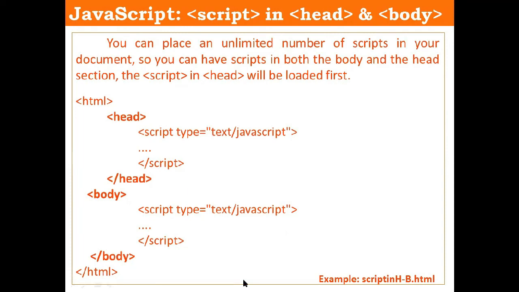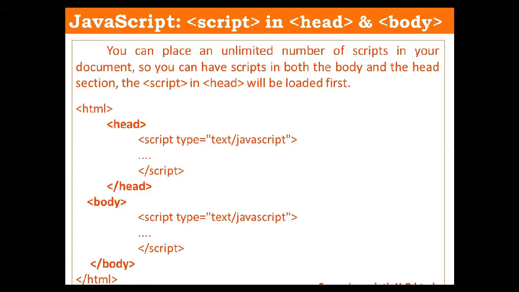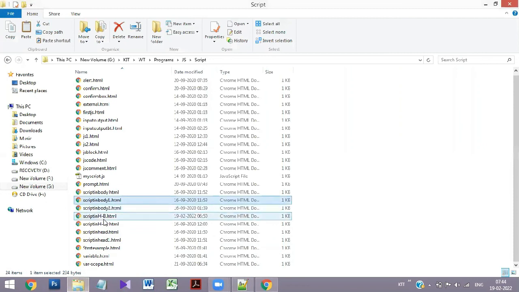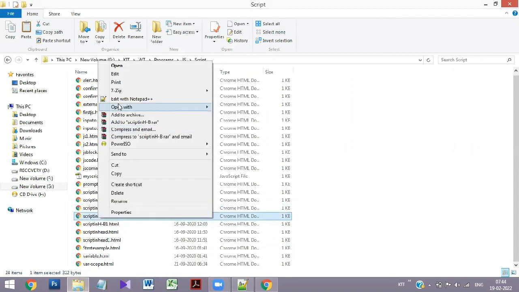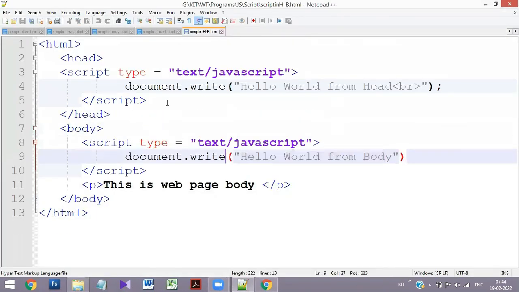How are we going to make it? We'll see. I will show that code, and after that we will run it. First, in the head tag we have document.write hello world from head. Then in the body tag, document.write hello world from body. When I run it,